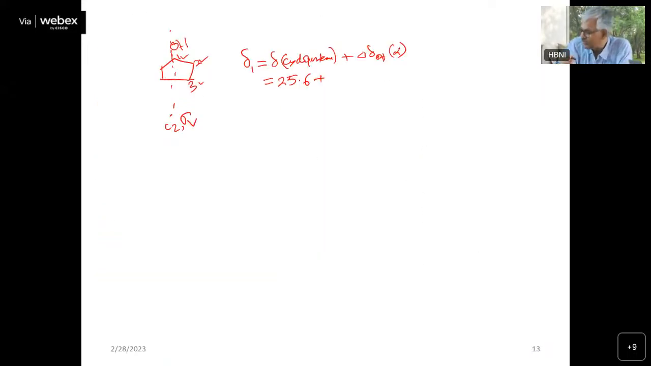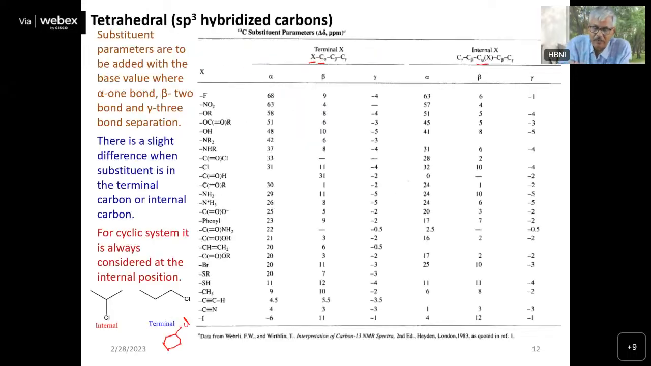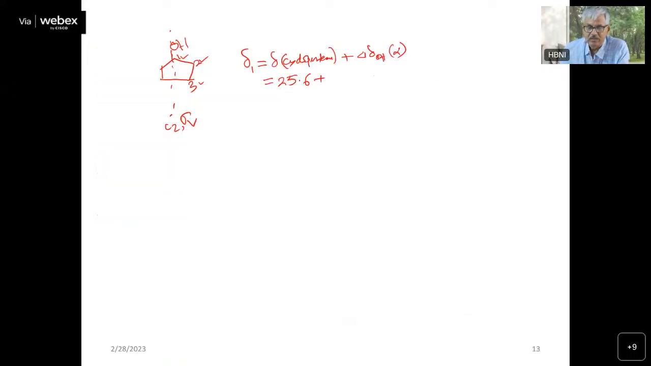So it will be... No, for alcohol, it is 41. Okay. So it is 41. Okay. And you can add it. Similarly, delta 2, carbon 2, will be same delta of cyclopentane